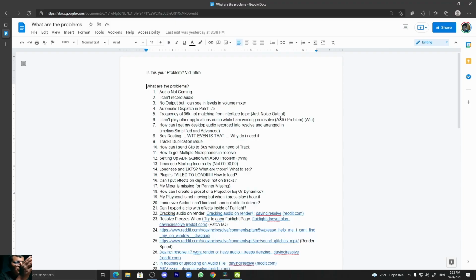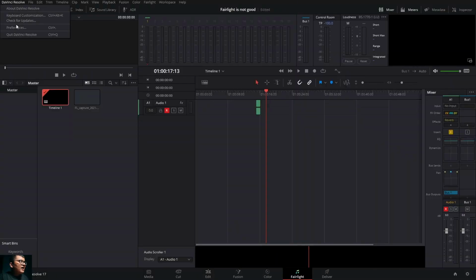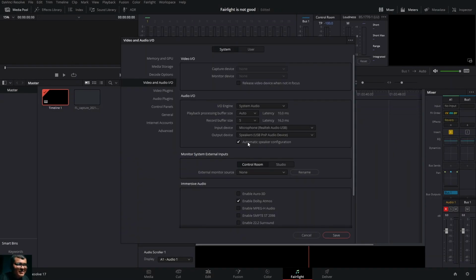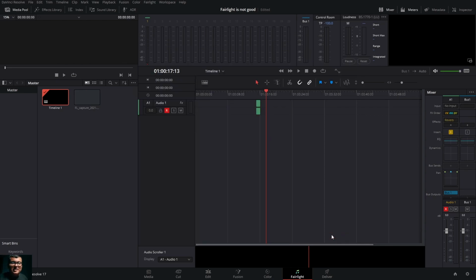Before going to the answer of the first question, let's go to the second question. I'll come back. I can't record audio from my mic. As I told you again, Preferences, check here, input device, what is it there? Check it first, then click on save. Many don't save. If it prompts to relaunch Resolve, do that.